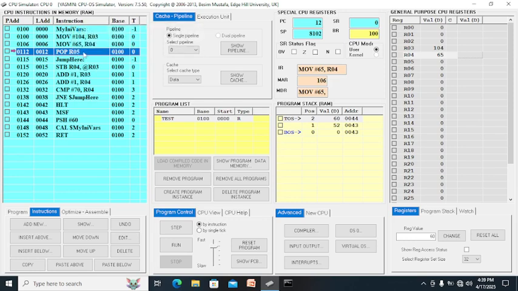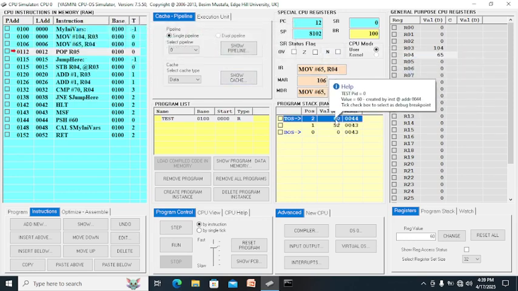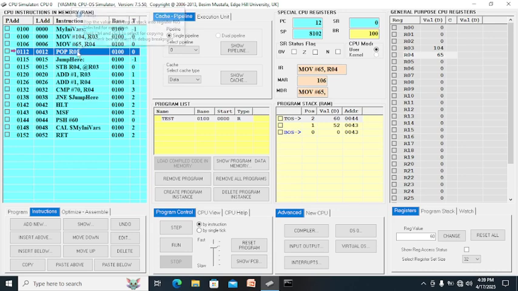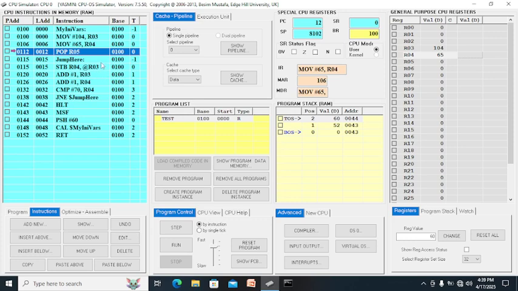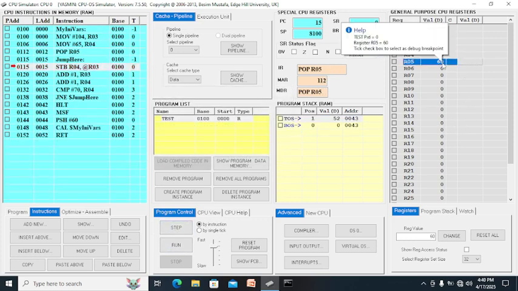Then pop R05. What's the value of R05 now? Should be 60. Any value on top of the stack will be grabbed by the pop, and it will save to R05. So this R05 will turn into 60. So step, as you can see, this one becomes 60.